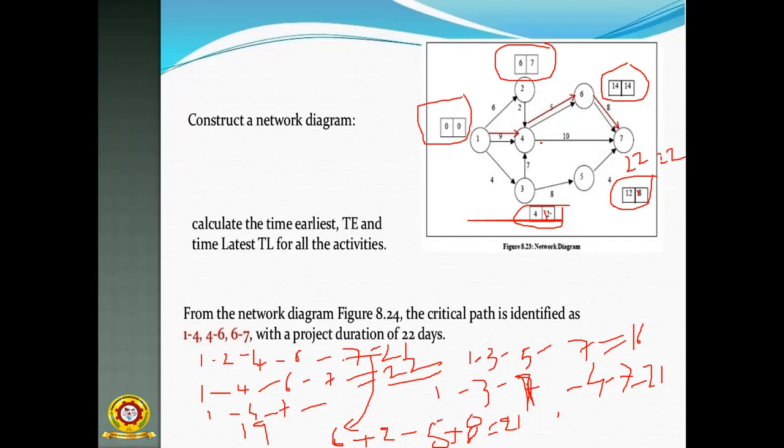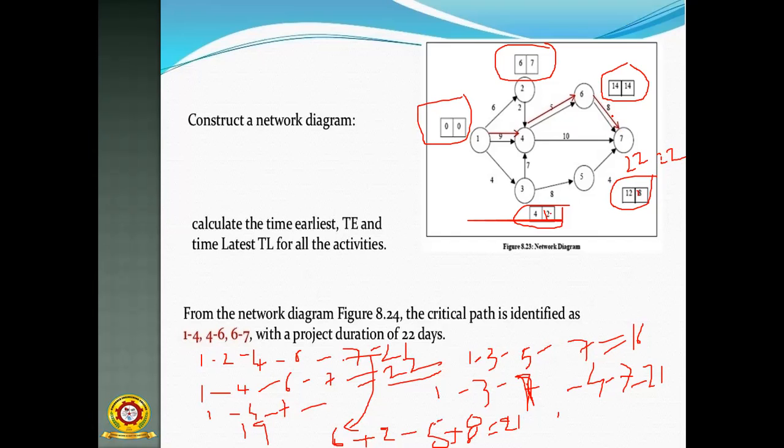Okay, so then we have to see what the values are exactly. So suppose while you are coming backward, then you get 0 again. So 1 to 9, 1 to 4, 4 to 6, 6 to 8. Okay, so 9 plus 5 plus 8, that is 22. Okay, so 22 minus 8 minus 5 minus 9. Okay, so again it comes back.